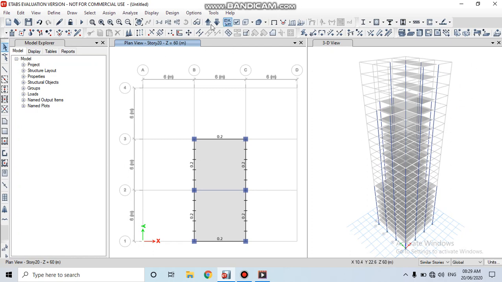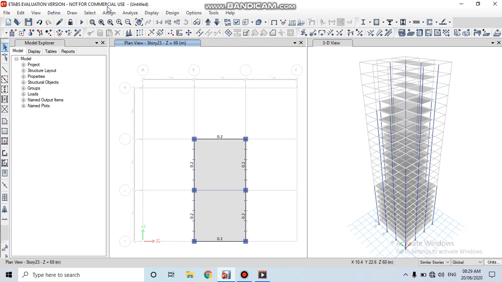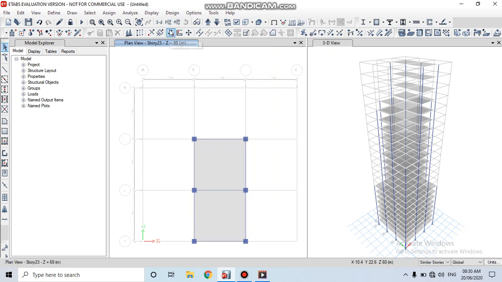Then go to the story 23. Here then go to option, display menu and click on to the undeformed shape. Then set here to one story.